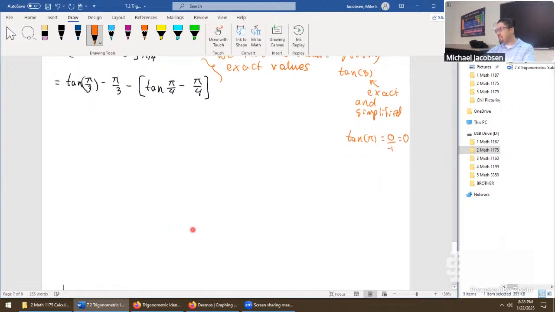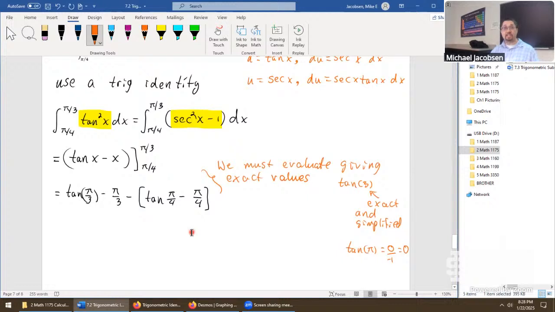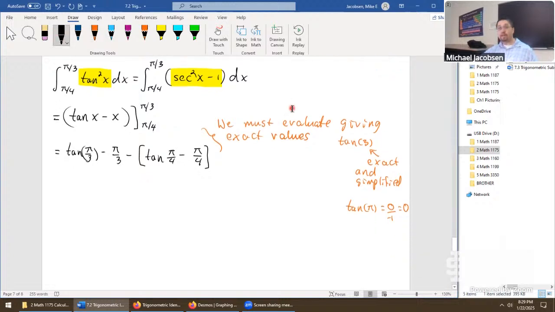Major reason for this is I'm pretty sure the Calculus 3 teachers as well have this as an expectation. Trig comes up a lot in Calculus 3. You integrate on things called polar coordinates, cylindrical coordinates. Trigonometry is all over the place. So think of this as kind of a warm-up to that. If you feel rusty on evaluating these trigonometric things, then one thing you can do is